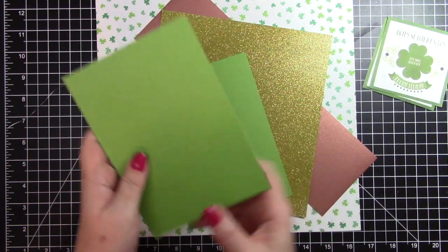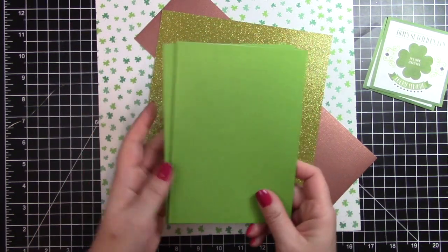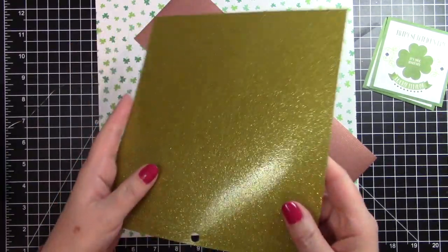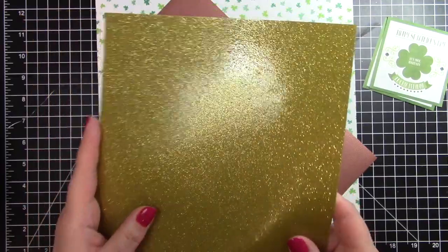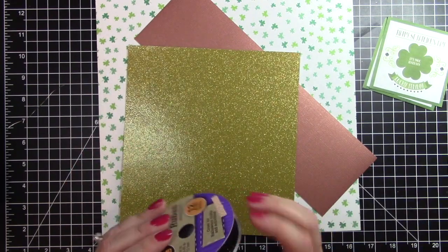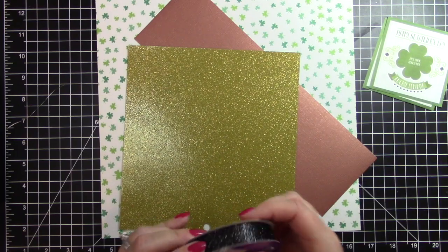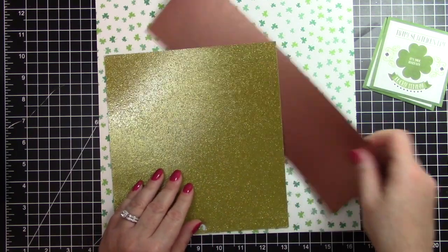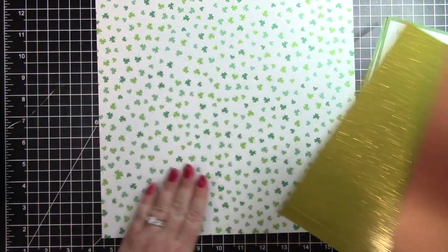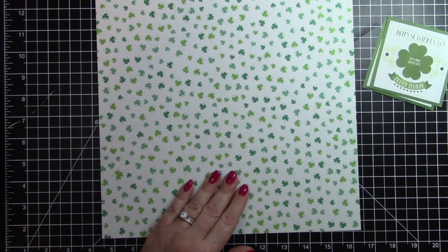For this I'll be using 5x7 card backs, and I have 2 of them since I'm going to make 2 cards, and they'll be pretty much the same. I have some gold sparkly glitter paper to make a belt buckle, and I'm going to use this black glitter ribbon to make a belt, like a leprechaun belt. I have some copper paper and then some shamrock paper. So I'm going to set some of this aside,